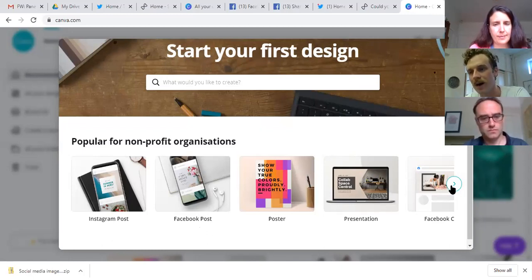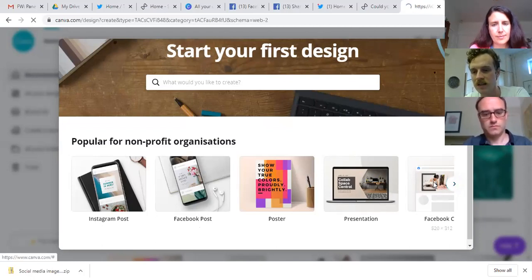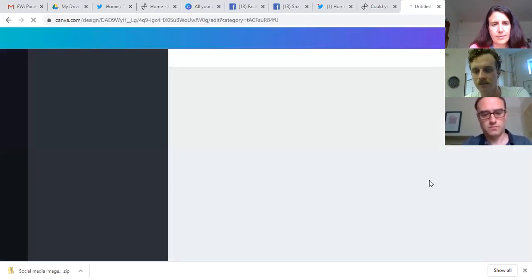What's great about Canva is it sets them up at the optimal size, so you don't have to bother. You know that if your design fills the space they've created, then it's the perfect size for Facebook or Twitter or whatever it is. So we'll just select Facebook post for now.